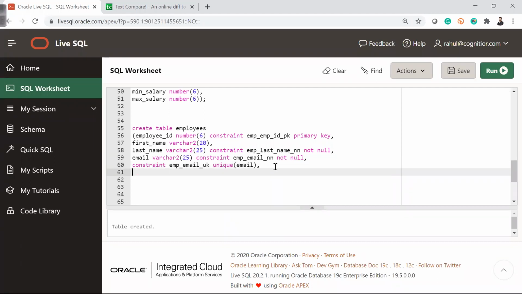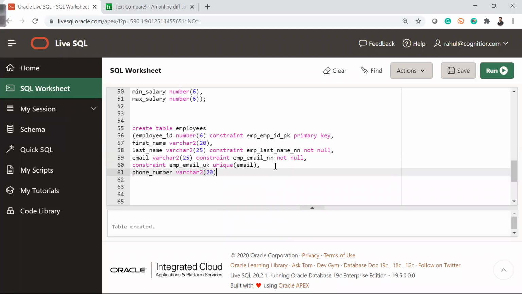then let's say maybe we'll have phone number, and let's give, because we have to add plus sometimes, right? Plus 91 something something, so we'll go with a varchar2 and let's give that as 20.